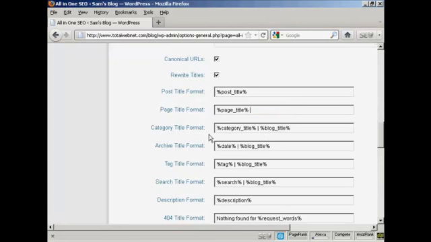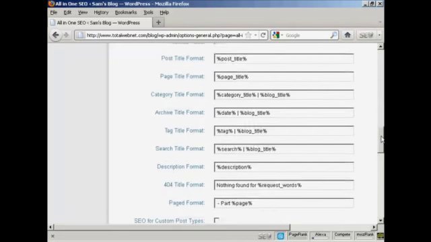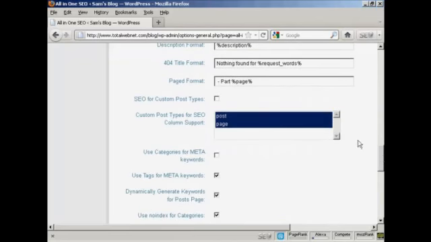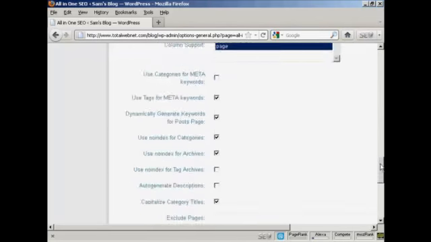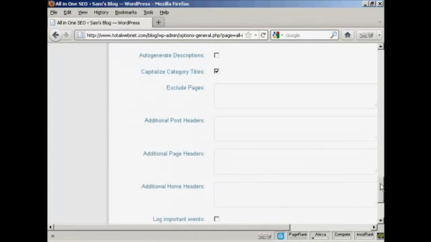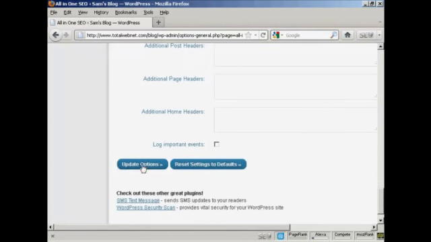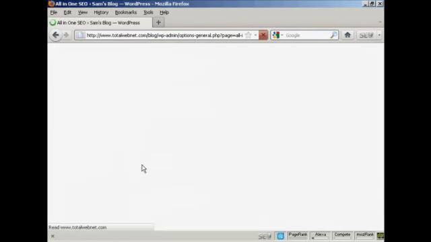The category titles are generally quite short anyway, and likewise archives are just usually date, etc. Everything else you should simply leave the same. I wouldn't bother checking these check marks here, and all this other stuff here I would just simply leave that blank, and that's that. So click on update options,